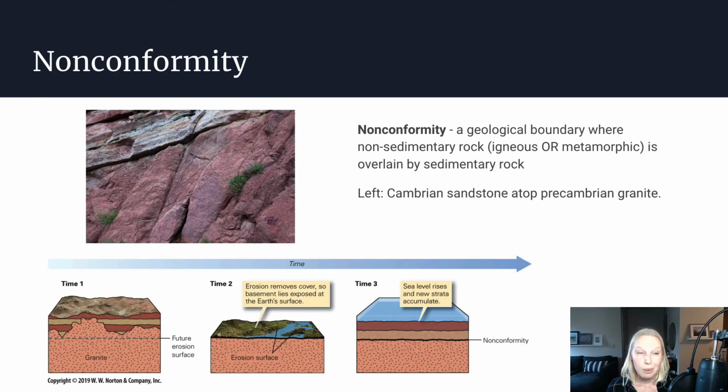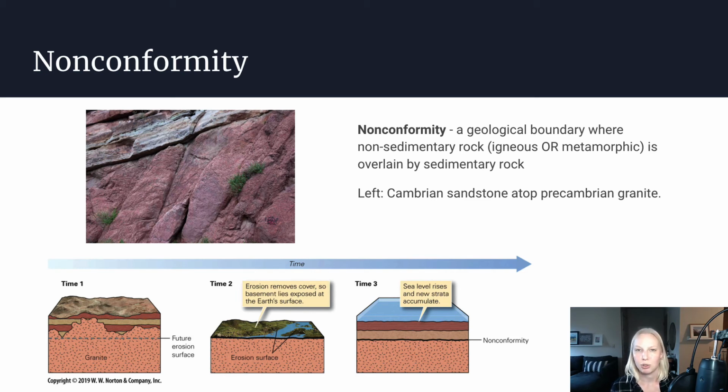All right, let's talk about nonconformities now. So just to remind you, we're talking about three different kinds of unconformities. A nonconformity is a specific kind of unconformity. I know that that language can get a little bit confusing, so do your best to keep this vocabulary straight in your mind. A nonconformity is an unconformity where you have non-sedimentary rock, either igneous rock or metamorphic rock, that's